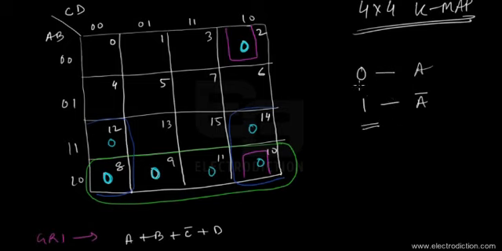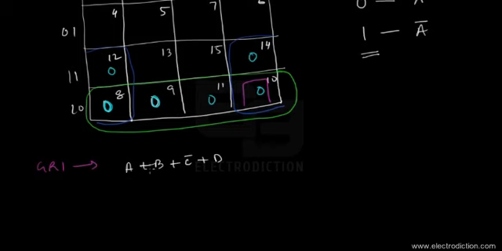Okay, whereas A would be represented by 0. That's why whenever we see 0, 0 here, that means A and B are both zeros. C is 1 for cell number 2, and D is 0 again. So since A, B, and D are all zeros,